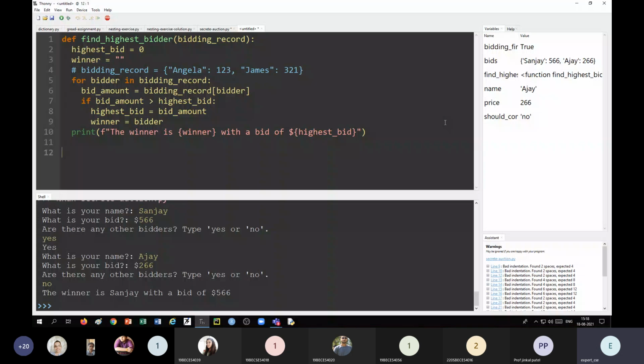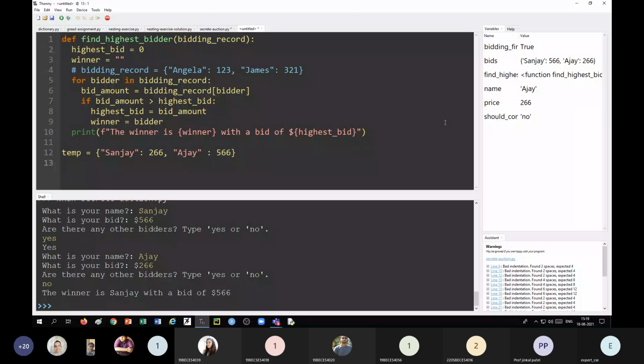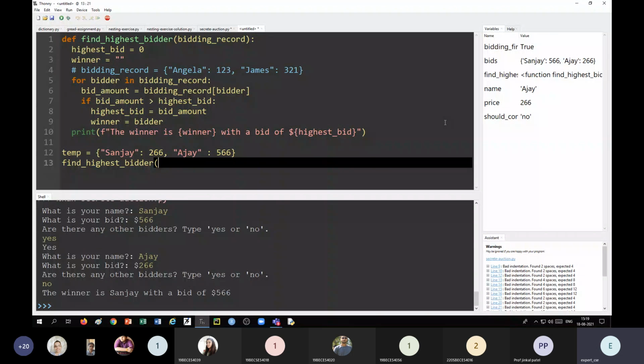I will define one dictionary, say temp is equal to, say, and I will call find highest bidder into bracket temp.